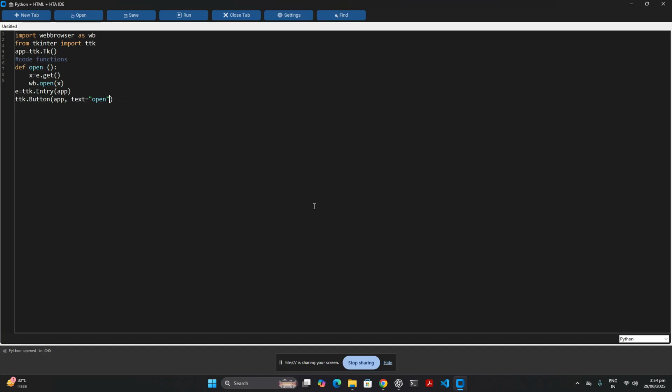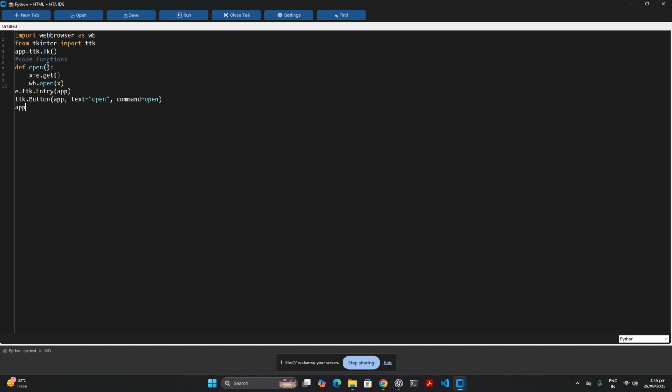It sets what will happen when the user clicks the button. We'll call the function open. Command is equal to open. So now we can type